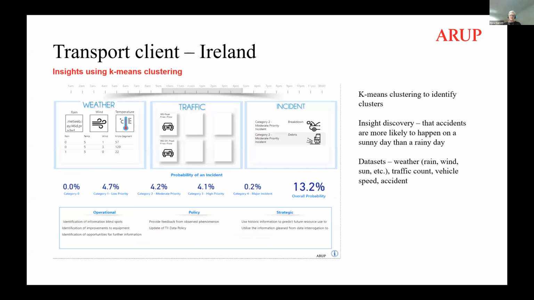The next one I want to talk about is one we did for a transport client in Ireland. This was a project that we used k-means clustering on. K-means clustering is a machine learning algorithm that's considered unsupervised. So it's not been trained on the data, and its job is to discover relationships between the data that you give to